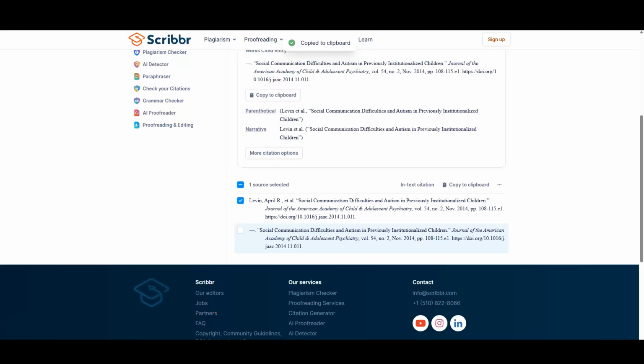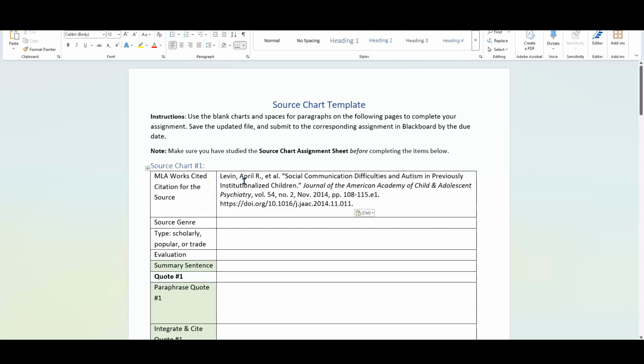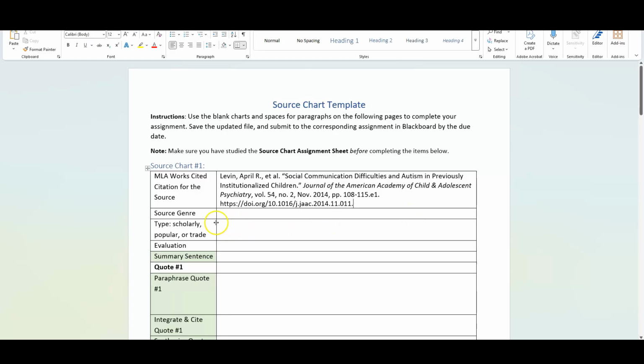And then I can go back to my works cited or my source chart, and then I'm going to paste it. Boom. Okay, there. That's what I did. Look at that. Okay, fantastic. And now you have to figure out what kind of source